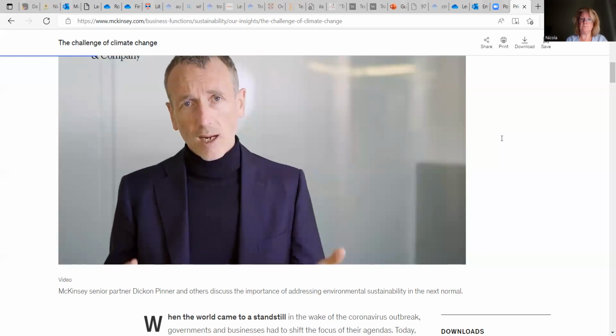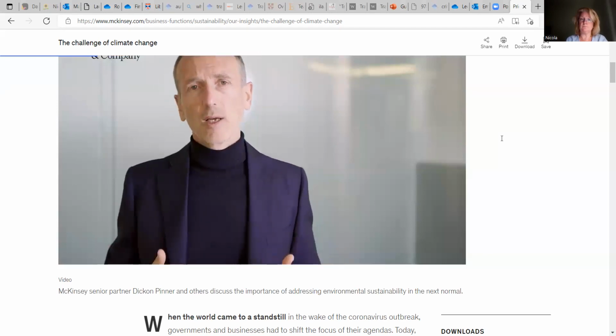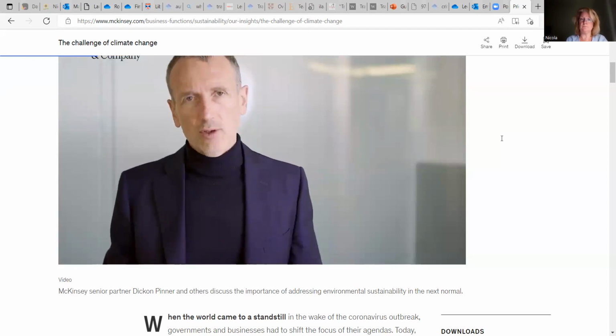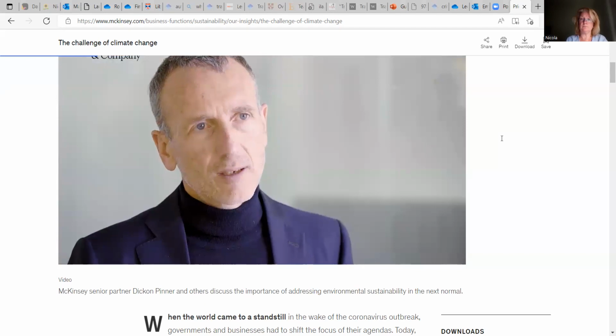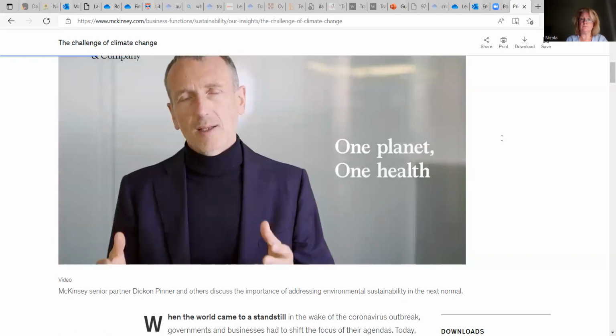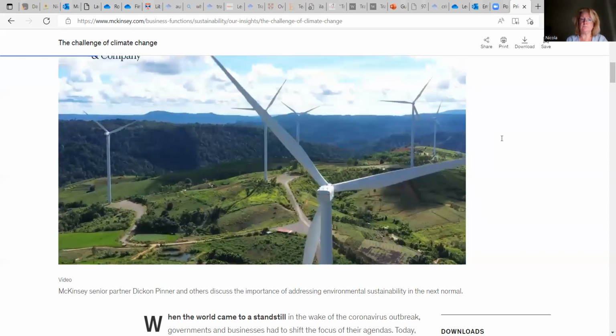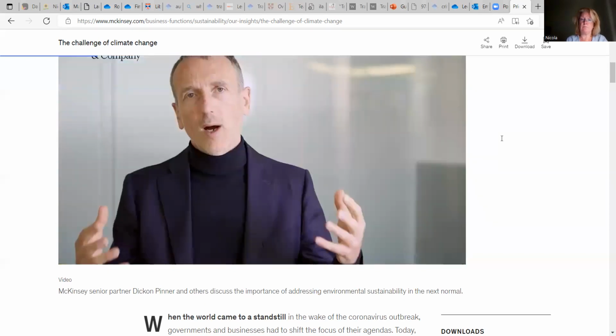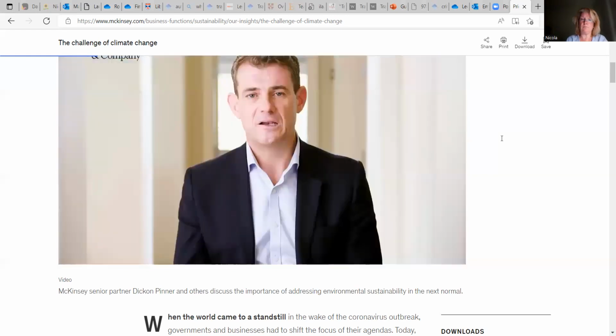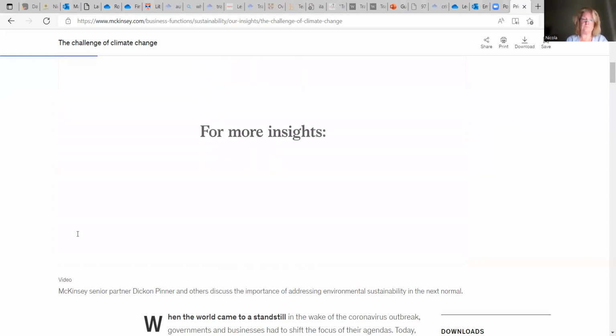More than ever, we are entering into a time, a world, where we have no time to lose. We have set a vision, one planet, one health, which means that the health of the planet and the health of people are interconnected. You will not solve one without solving the other. Tackling climate change won't be easy, but it is essential to deliver the prize of a more prosperous, equitable, resilient, and sustainable world.